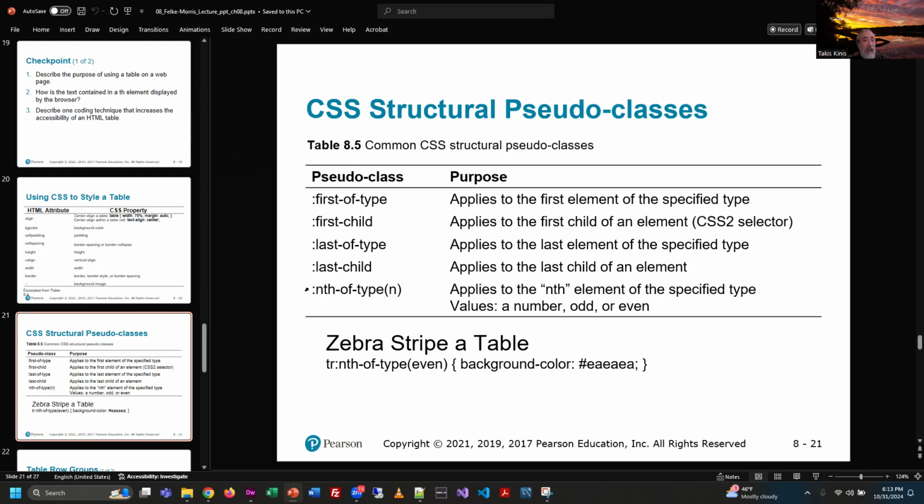So I could say TH nth-of-type 4, and it would grab the fourth one on the page and style it that way without me putting a class or an ID on it. That's pretty slick, right? So now, if you wanted, for example, to zebra stripe your table,